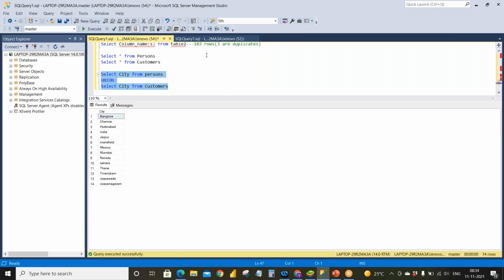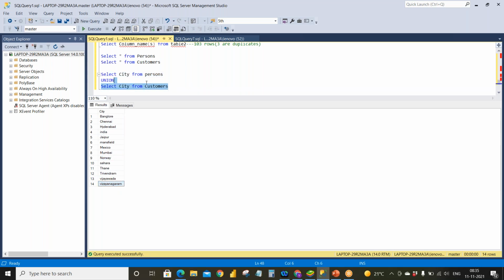If you see over here what my union is doing, it's combining both the persons table and the customers table, and it is retrieving only the distinct data. So it has removed the duplicate data. There are no duplicates over here. If you see, all cities are unique.